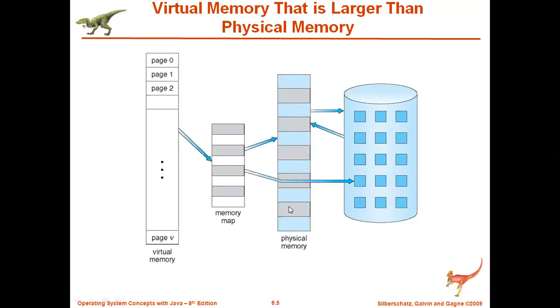If it is not available, I will send somebody out who is not being used recently. That will be sent out, and whichever page the CPU is looking for will be brought in. So this is called demand paging. Whenever the CPU demands it, only at that time do you bring the page from secondary storage to primary storage. So this concept we call demand paging.